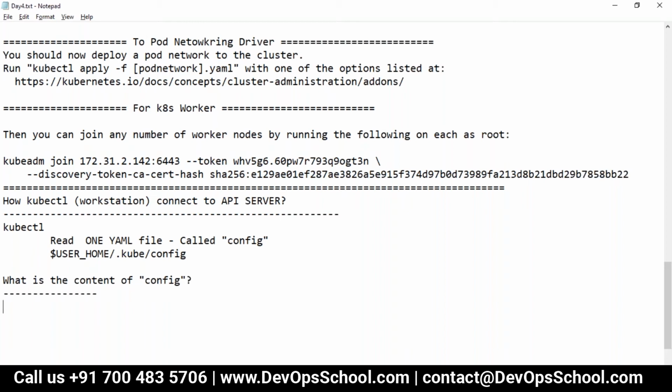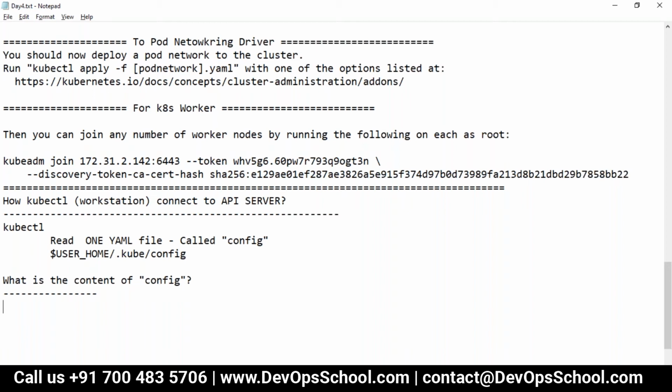So the content of the config file has a proper structure. Guys, when you get into real-time work with Kubernetes, you will have one Kubernetes cluster for your personal use, one for dev, one for production, maybe production 1 and production 2, and one for QA also.